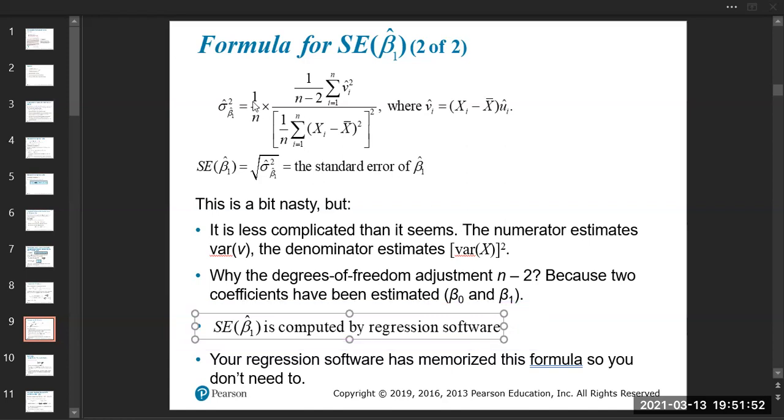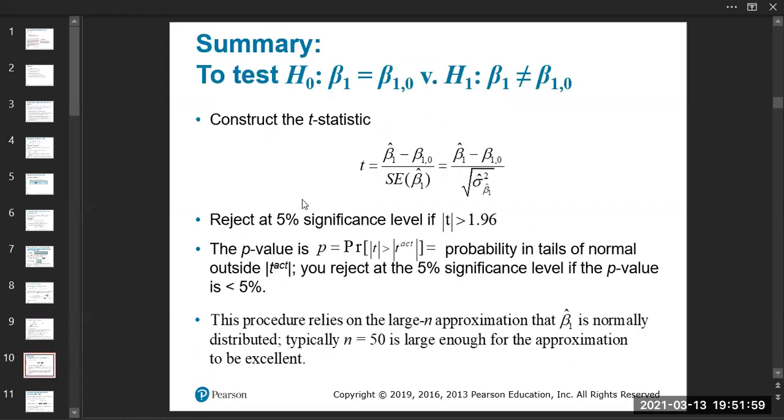Okay. Page 7 is important. 8 and 9, not really. Okay. So, summary,